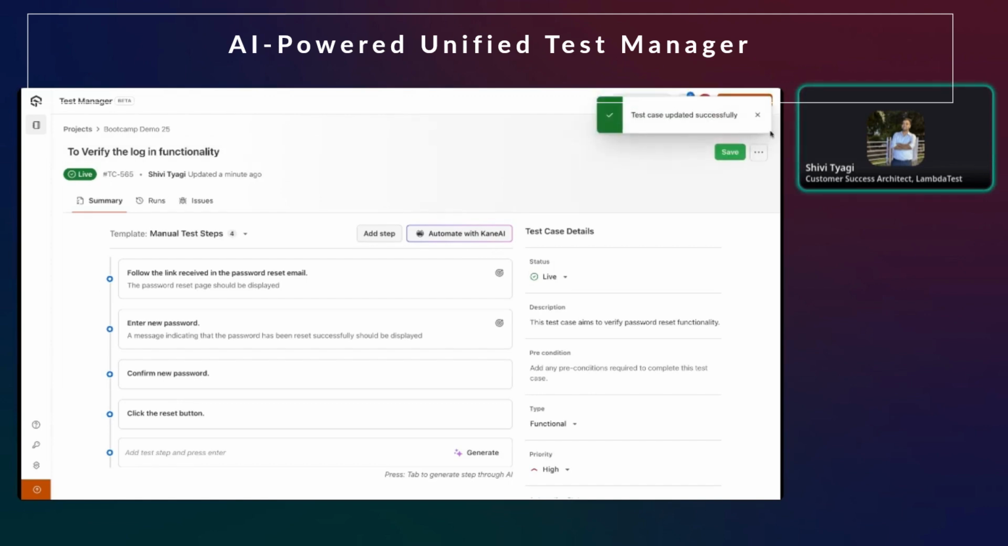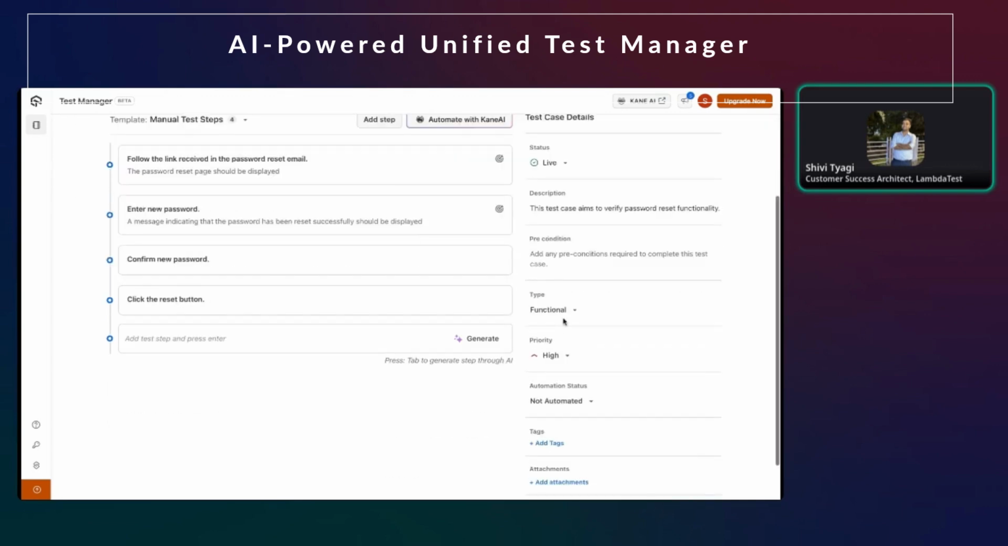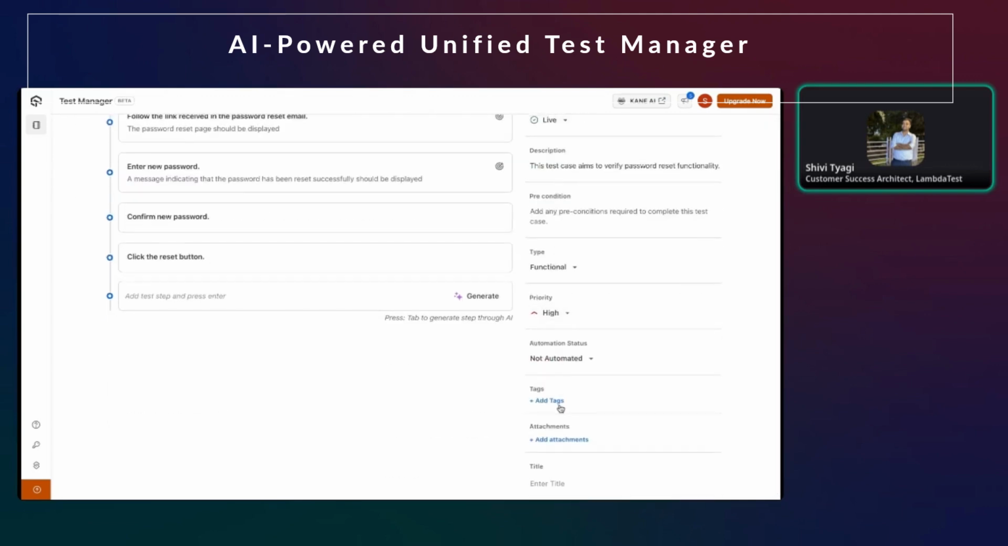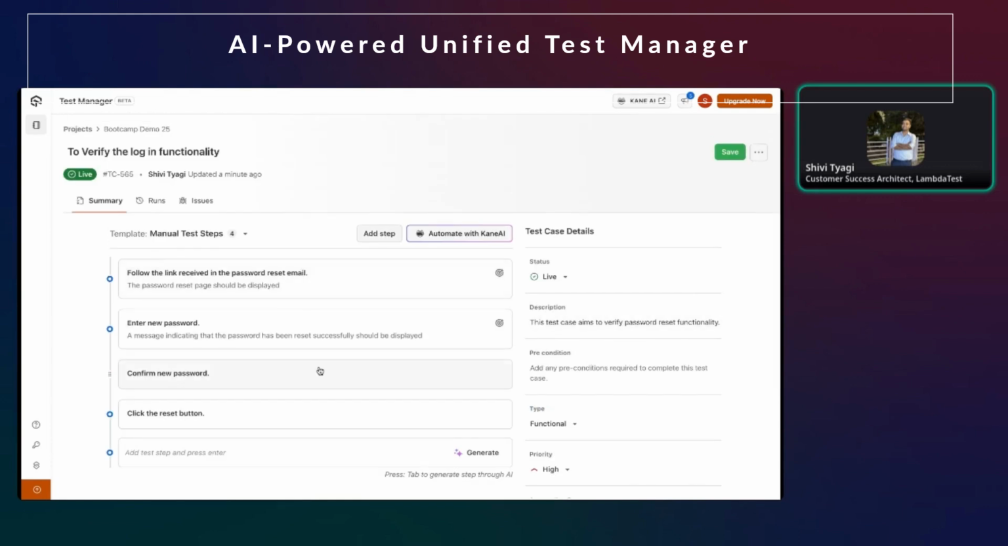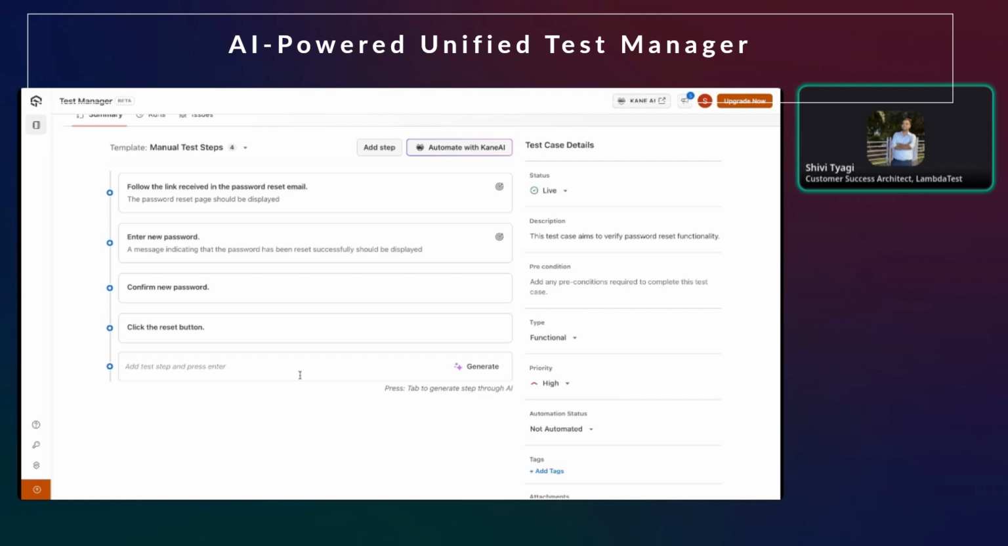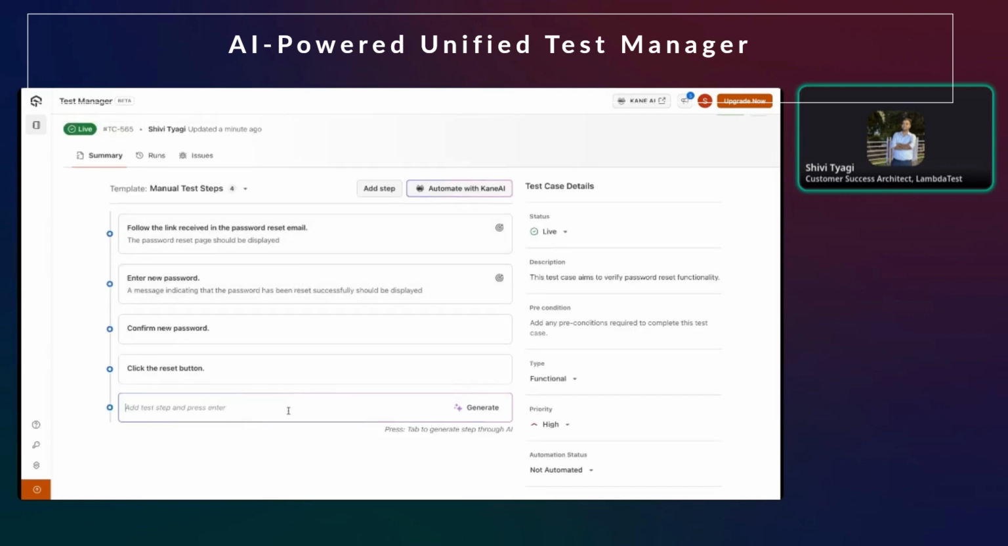Now, once I have added my test case name, I have added some of the description, my precondition, what is my priority, any tags that I want to add. With our test manager, users can actually go ahead and generate the test steps as well. So for example, I have all these test steps written, but in case you would need to go ahead and generate these test steps, simply just